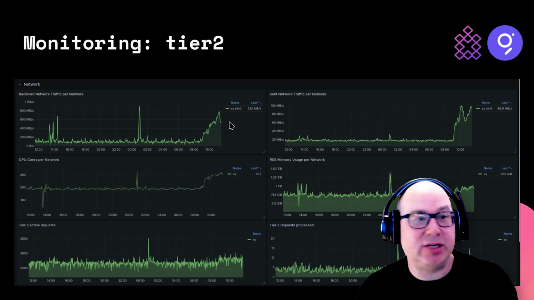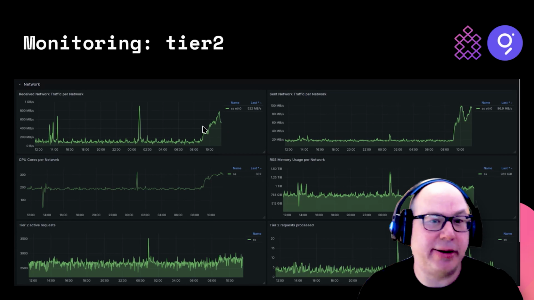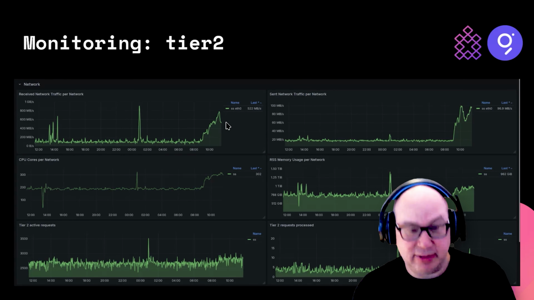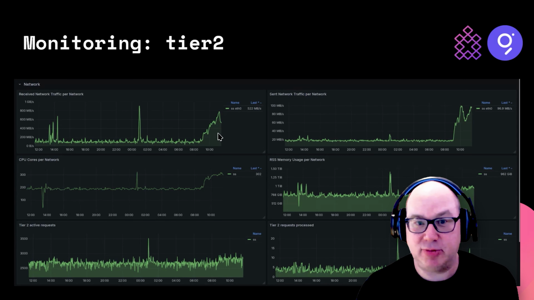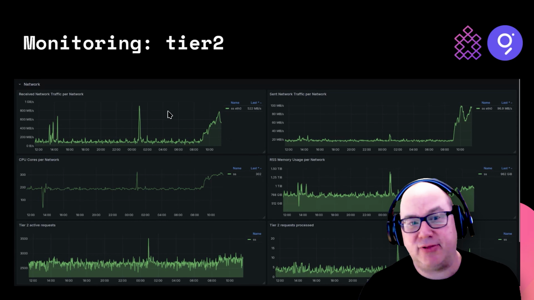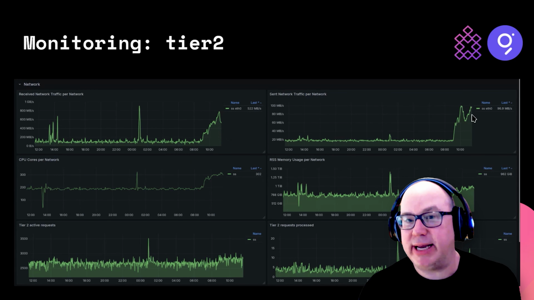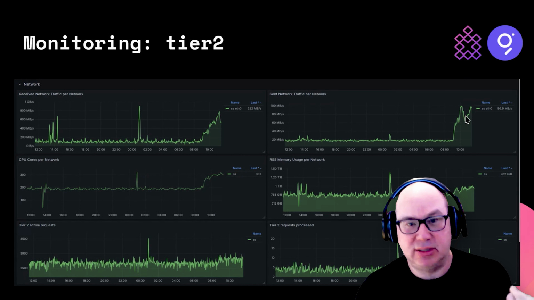Here we're receiving traffic into the Substreams tier 2 nodes at 100 megabytes per second. I just happened to grab this screenshot the other day when I was putting this slide presentation together. So it's reading the Firehose blocks at 100 megabytes per second, and then it's writing the Substream cache files at 100 megabytes per second.